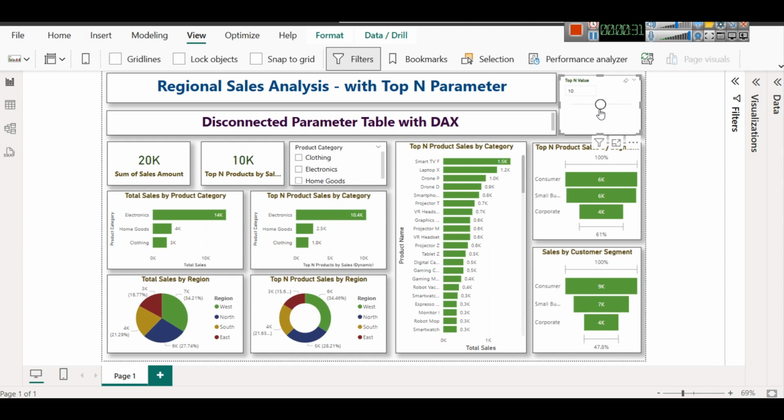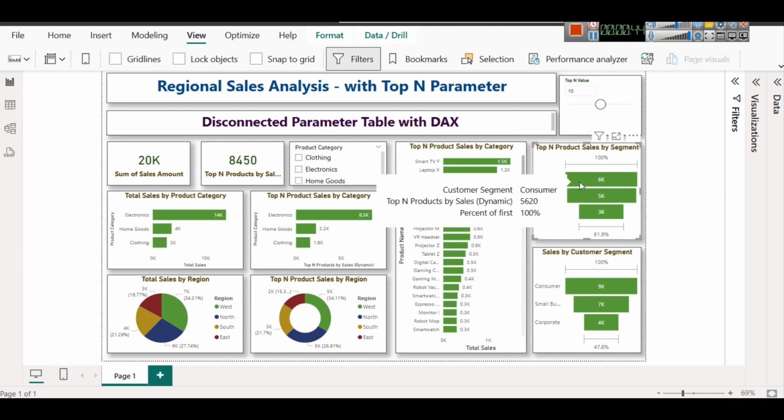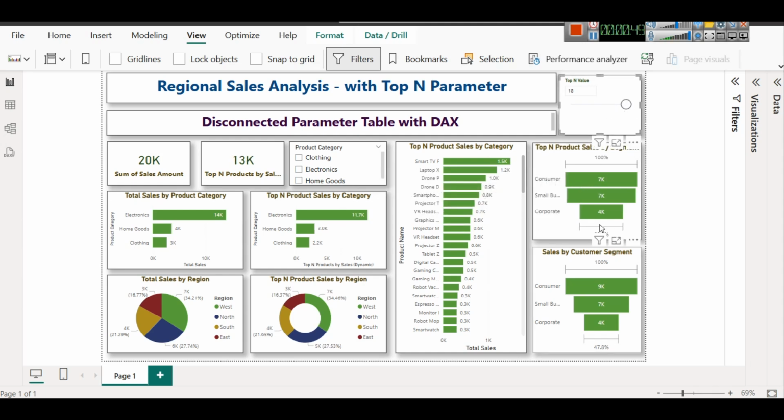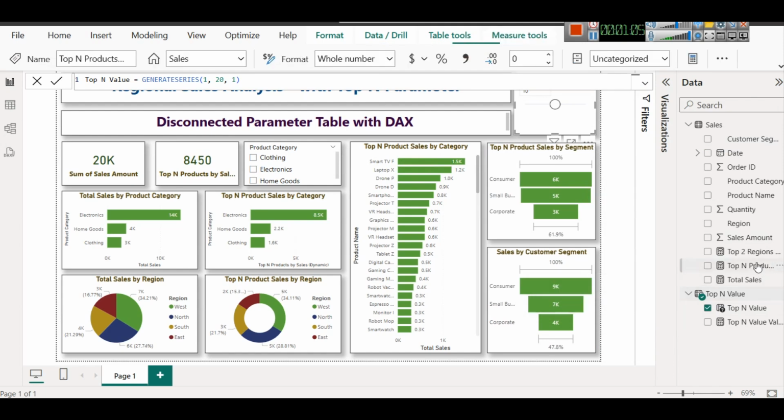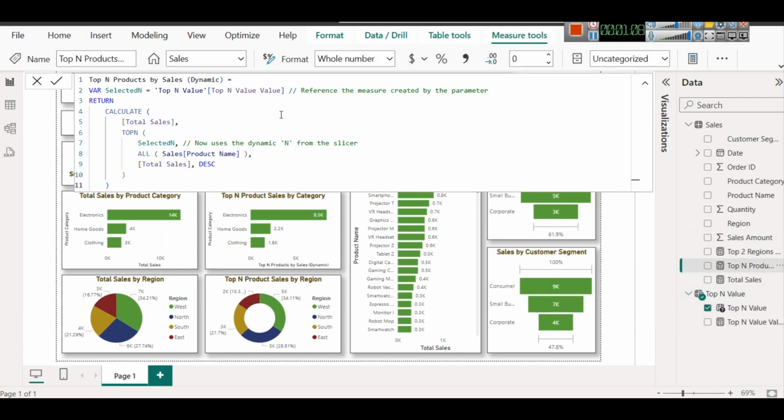What we are seeing is the top 10 products by sales value, and when these product sales are shown category wise, region wise, or segment wise, what is their actual value. If you select all products, you will see all 20 products. So top 20, top 50, but there are actually many products, but we have kept top 5, top 10 here. This is created with the help of the top n value and this dynamic parameter